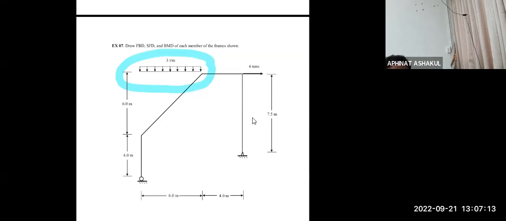Because when you see this, I ask you this. I always ask students this. Can you define the beam? What is the beam? What is the column? So it's only typical that students will answer, a column is a vertical member and beam is a horizontal member, right? No, because let's say